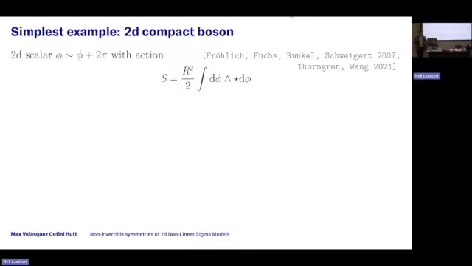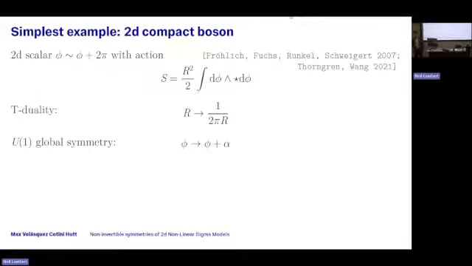Good, so let me say more about the compact boson example. In particular, I have a scalar in 2D, which is periodic with this action, and it has two important properties. The first of which is a T-duality, so I know that the theory defined at radius r is exactly the same as the one defined at radius 1 over 2 pi r. This 2 pi is my bad choice of normalization. Super. And it also has a U1 symmetry, where I just shift phi. So if I want to go down the recipe that I gave you before, I'm meant to find a finite abelian group that I can gauge. So I just take some subgroup of this U1.